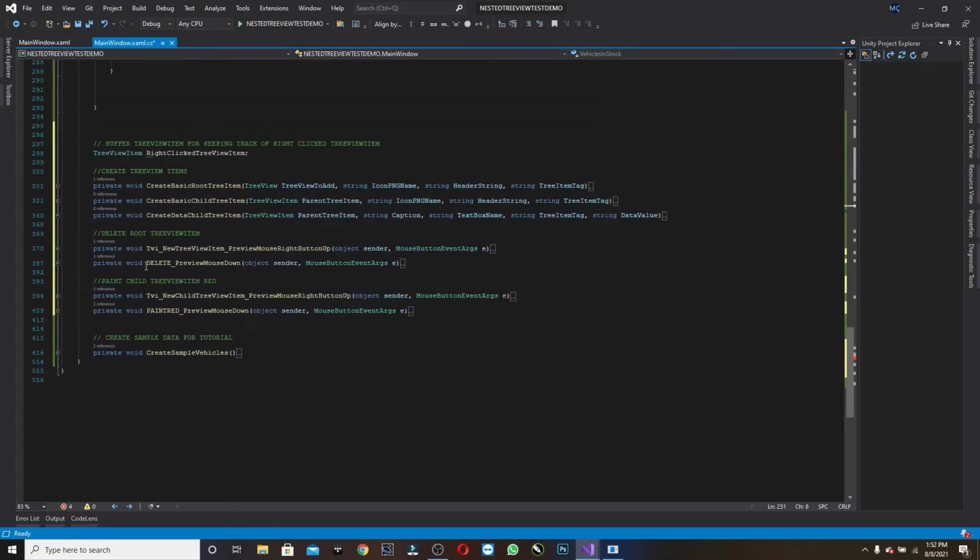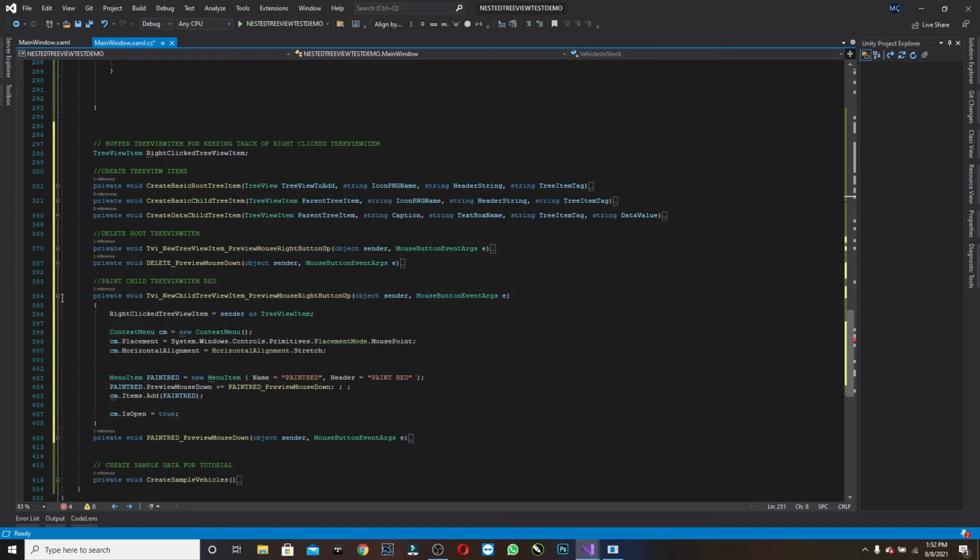But if my Treeview item is a child, when I right click on it, I don't want to see the delete option. I want to have something else. So the event of that one opens a context menu again, but this time it says paint red. And when I click on this button, paint red,